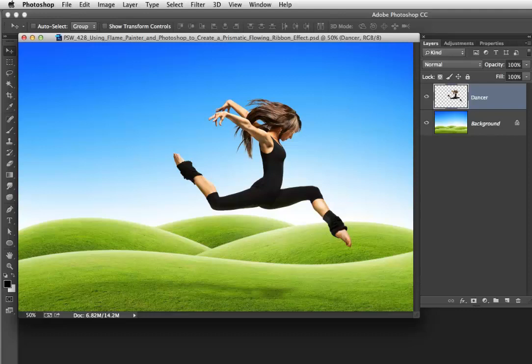When I encounter software with a name as alluring as Flame Painter, I have no choice but to investigate. After experimenting with the trial version for several hours, I immediately purchased the $90 professional version and can't wait to discover creative ways to incorporate Flame Painter's ribbon and flame effects into my compositing workflow. In today's workbench, we'll explore a method for blending prismatic flowing ribbons created with Flame Painter into a composite of